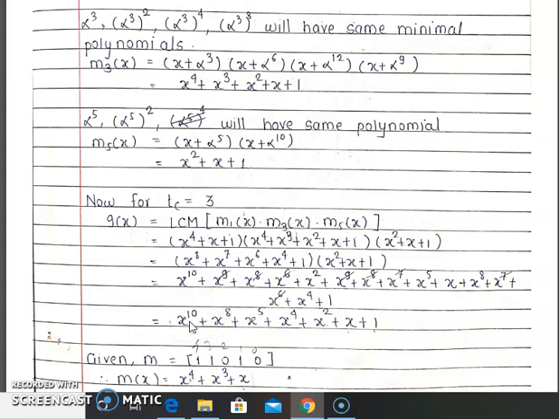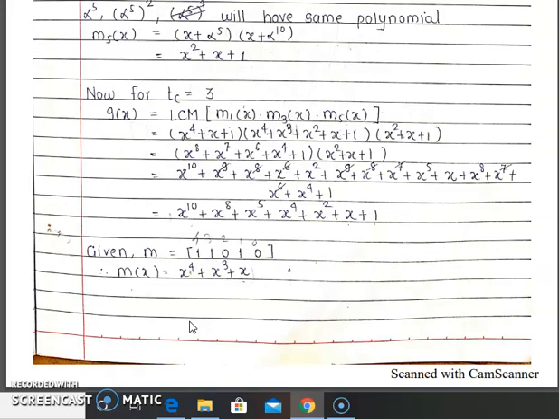Now again, the message is given as 11010, and the question is to find the transmitted code word. That means this is the encoding procedure, where the actual message added with parity bits is transmitted as the encoder output. So this is the message. Again convert these message bits into a polynomial, the message polynomial. So this m of x is your message polynomial, not the minimal polynomial.